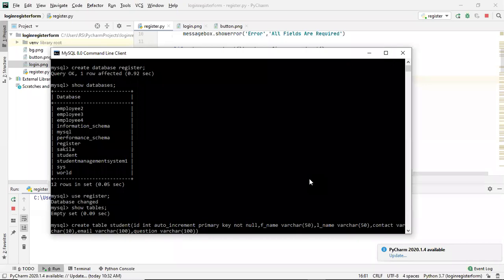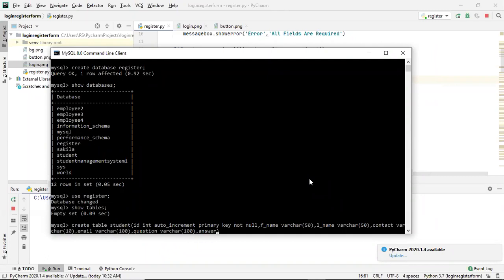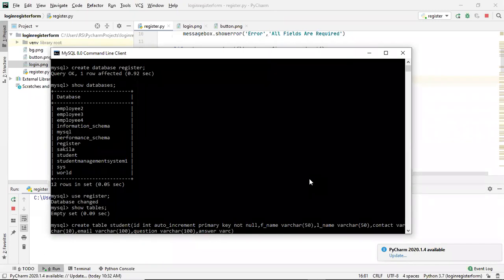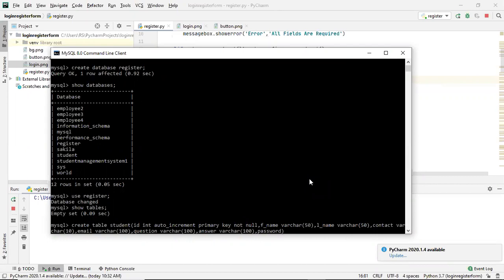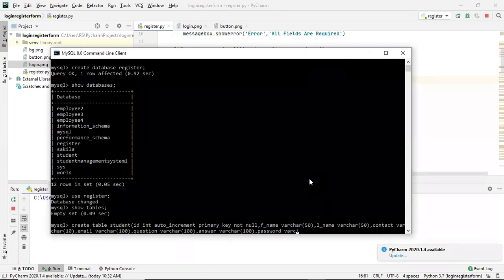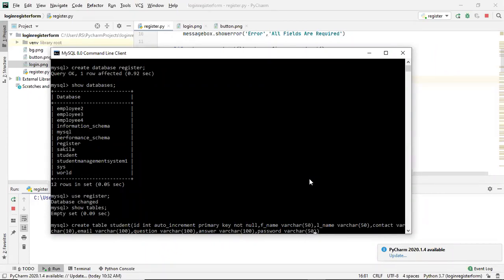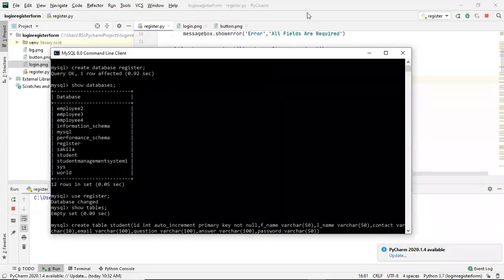Then next is the answer, varchar, and here also I'm providing 100. Similarly, the last one is password, and for password I'm going to provide maybe 50, or you can keep it 100. It's up to you. I told you what will happen if you keep low values.